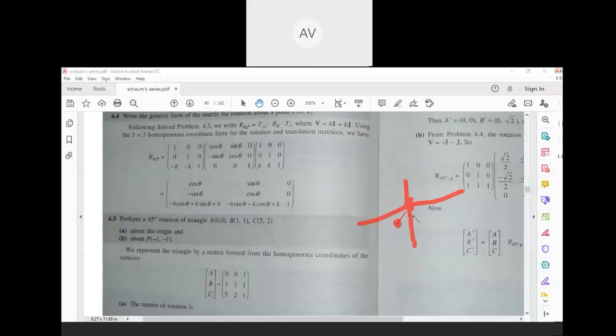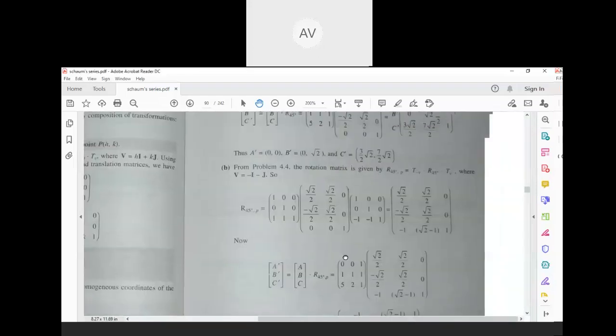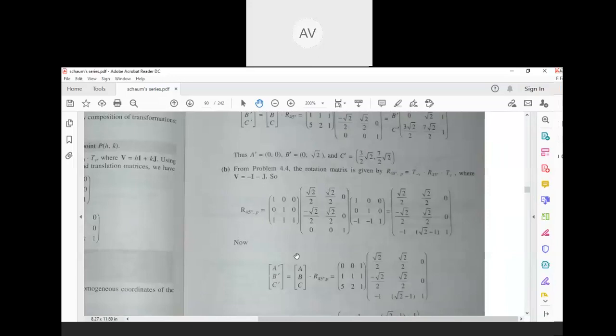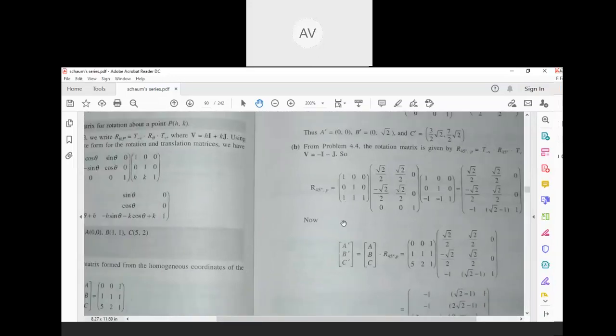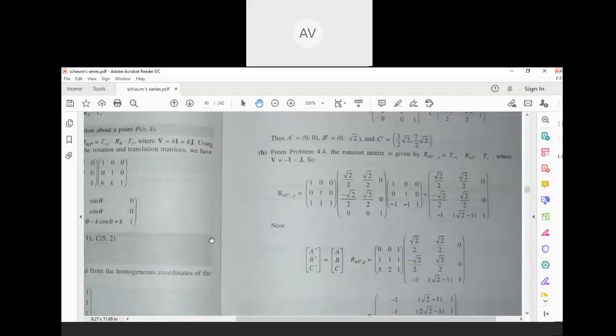Translate here. Okay. So for that we will write down the translation matrix. How much value do you have to translate? 1 1, we have to translate from the origin. So here I will write tx value 1, ty value 1. So 1 0 0, 0 1 0, and the tx value is 1 and the ty value is 1. So here I have written it.